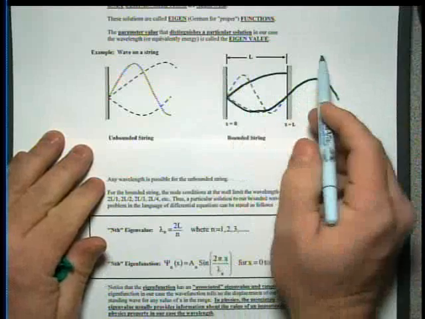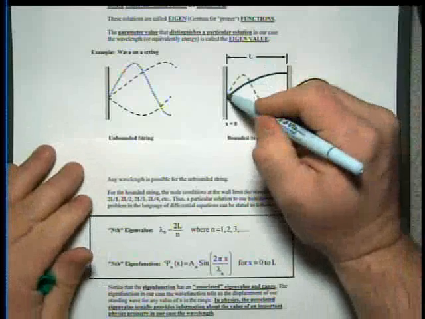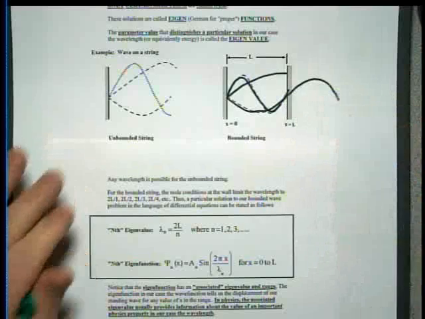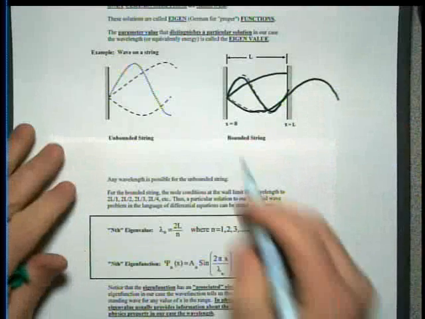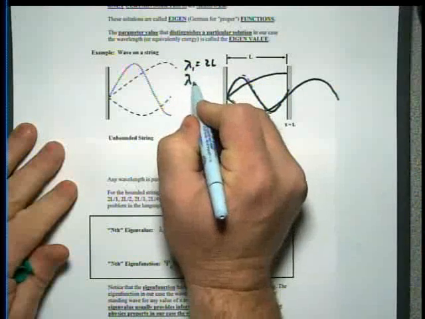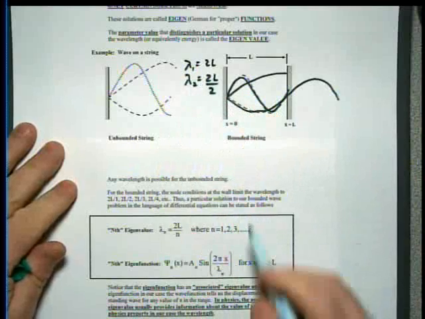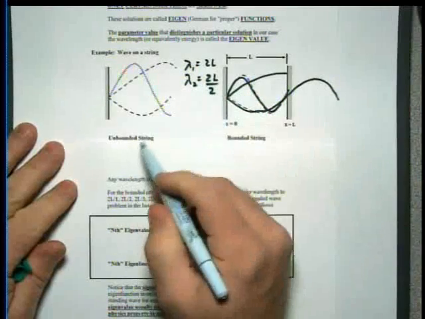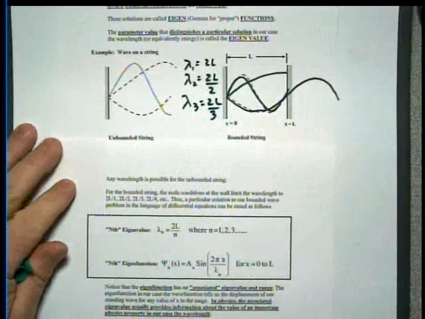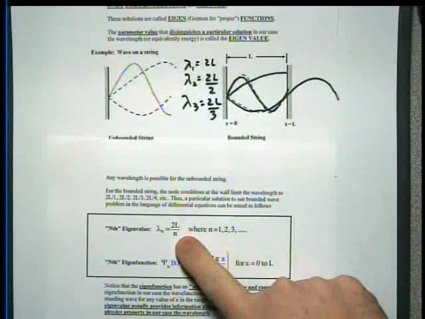So that length is 2L. Every other wavelength will be shorter. For instance, this one is just the wavelength L. So the first one, the longest one, is 2L. The next one is 2L over 2, which happens to be equal to L. If you keep looking, the next one after that will be 2L over 3, and you can write that as 2L over some number n.